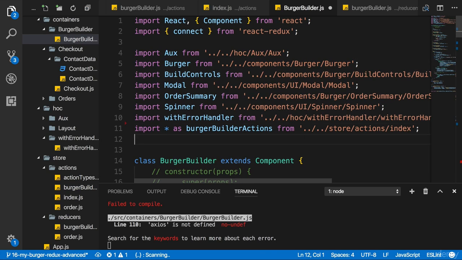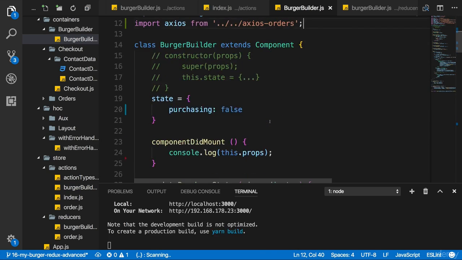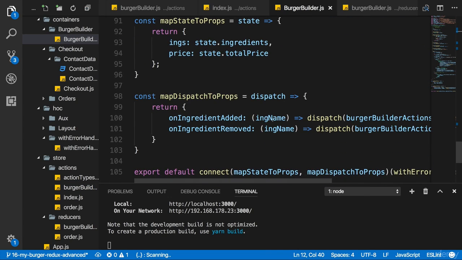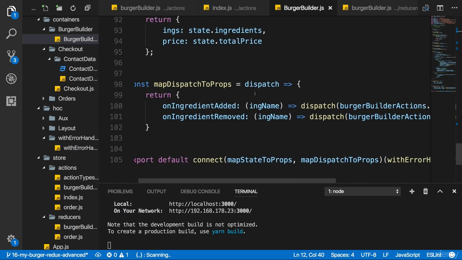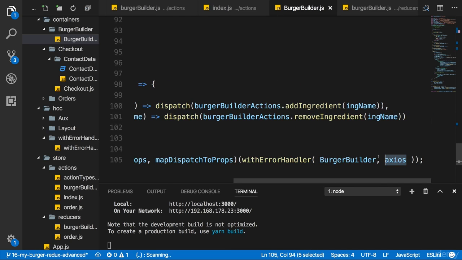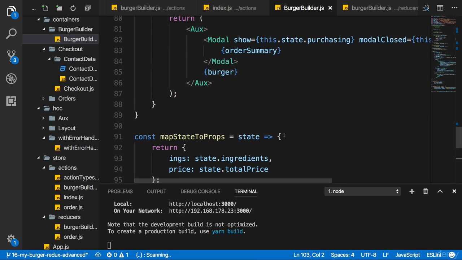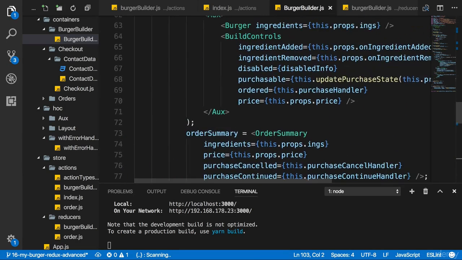Now, one important note about that, we can still handle the errors with our higher order component here because we're using an Axios instance. So no matter if we do send a request from another place in the app, like our async action creator, we can still handle it with that same Axios instance, which we're passing to the higher order component to show our error modal, which of course is what we want to do still. We want to have this central error handling place.